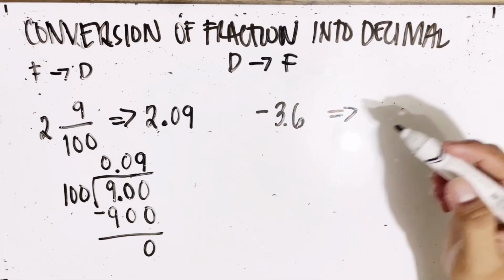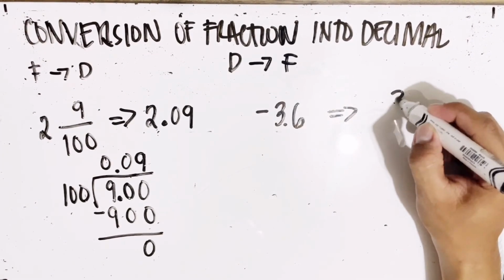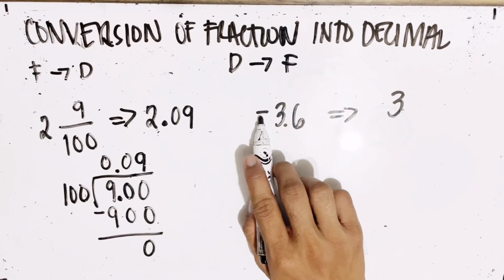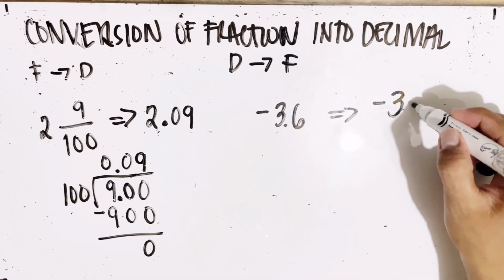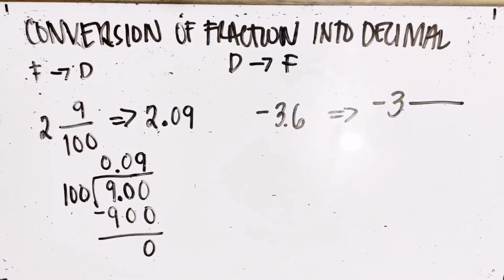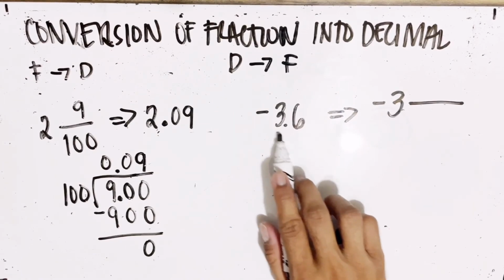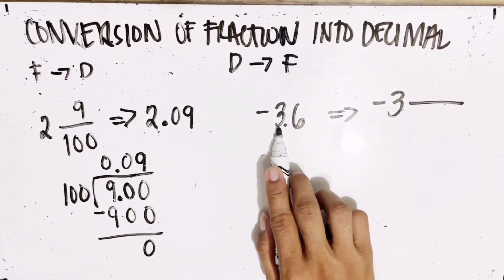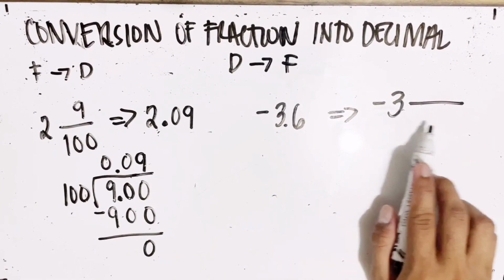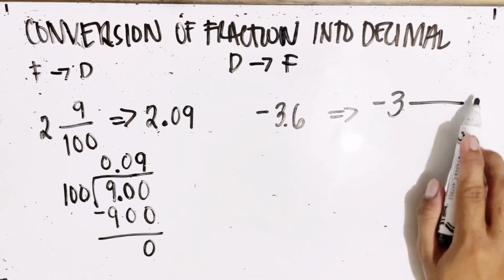So, a mixed number is composed of a whole number, which is 3, and copy the sign, which is negative. So, it becomes negative 3. And a fraction. A decimal number with a whole number becomes a mixed number. Negative 3 and a fraction,